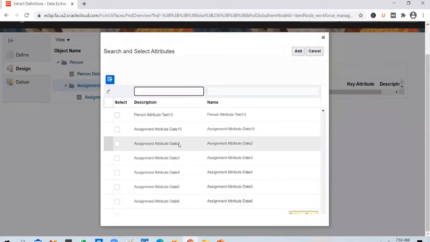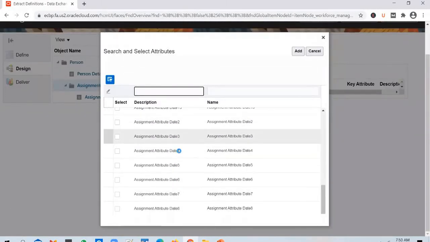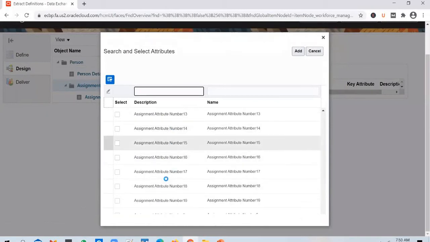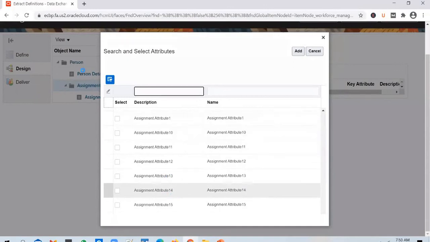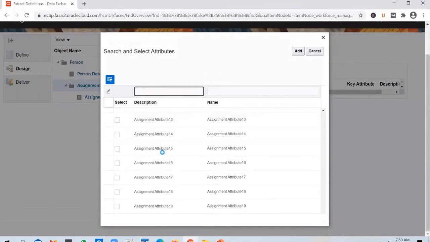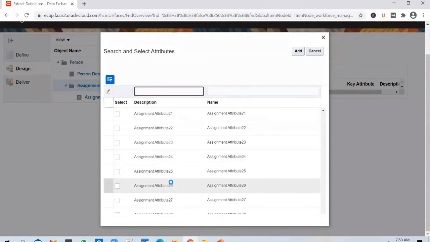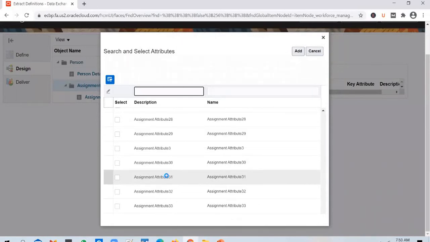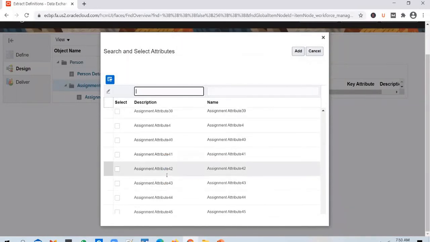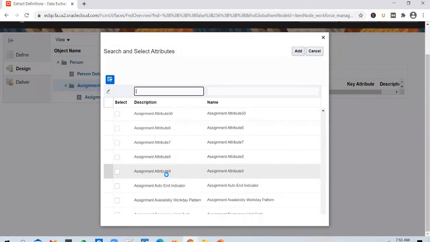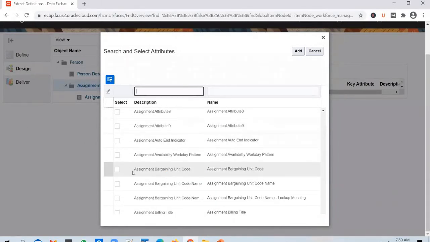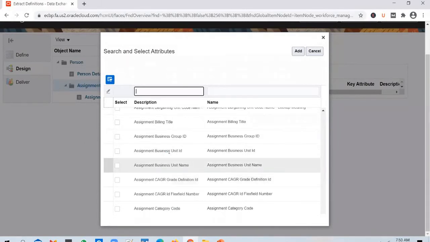But if you look at the columns now, so the columns that you are looking at now, they belong to assignment, right? That's because we have selected assignment user entity there. So depending on what user entity you pick up, when you try to add attributes on a record, only those attributes will show up. Okay, so if you scroll down, you can include few more details about the assignment business unit name.